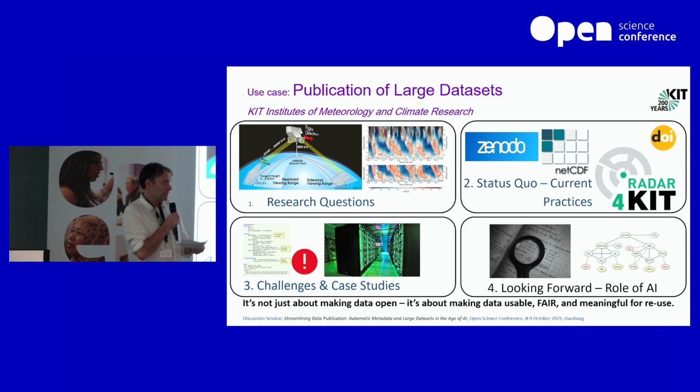And then we have what I mentioned before, these monthly data sets that don't have one DOI, but each month a new DOI. So people have difficulties finding them. Zenodo supports a rolling DOI, so they have one DOI. We can use that, but we would like to use our in-house repository for that as well.